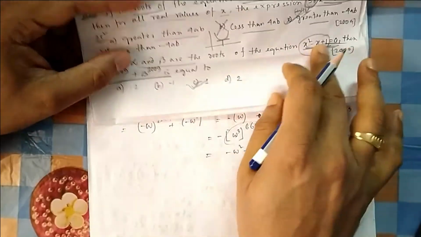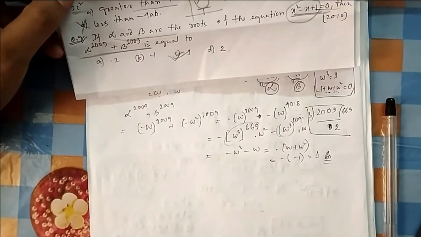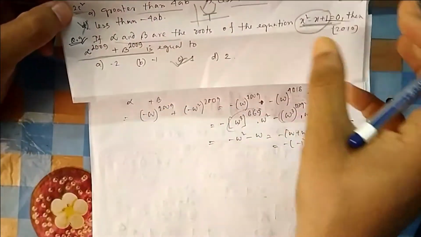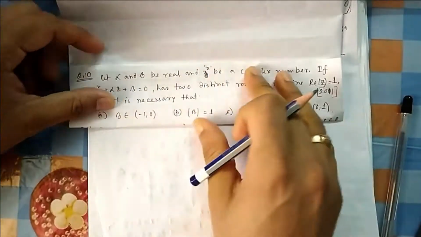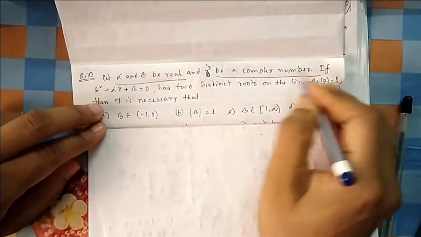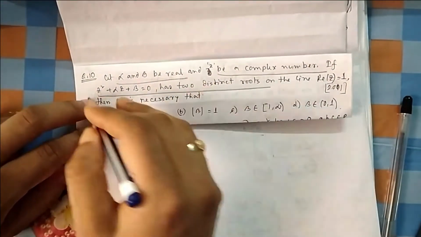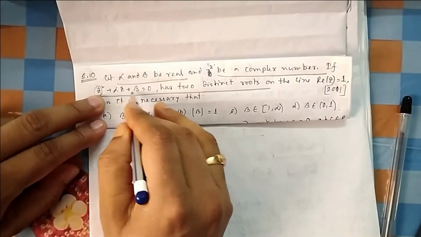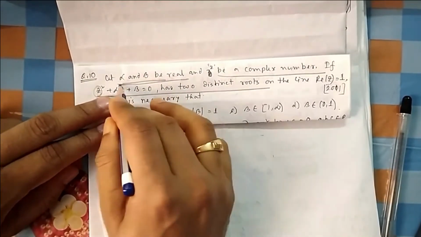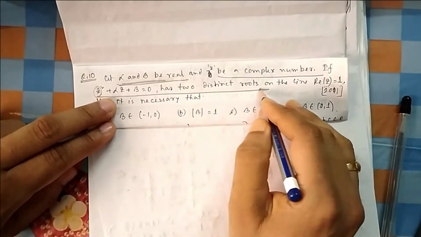So by seeing questions you should have some idea from where you should start, what should be our approach. That should be very much clear when you are reading the question. Alpha beta be real, alpha beta real, and z is a complex number. If this has two distinct roots, so z is my x here, x square plus alpha x plus beta, alpha beta are real, so this real we know. Because z is a complex number, so two distinct roots they are asking.